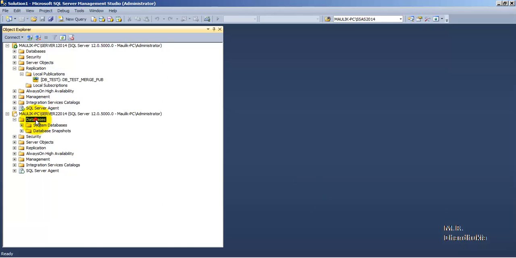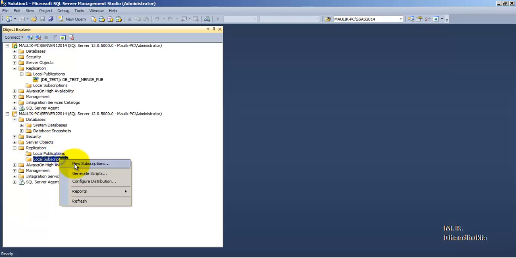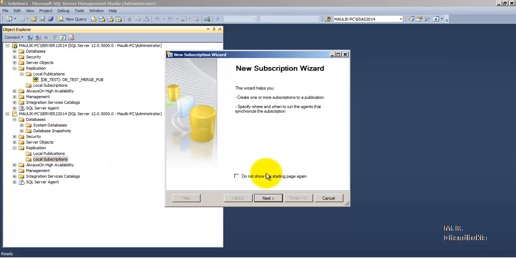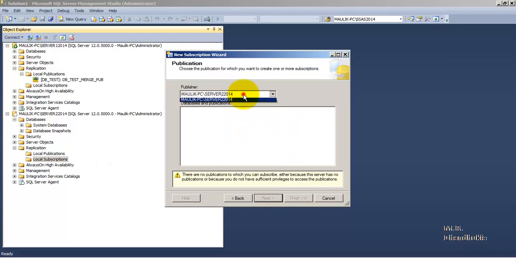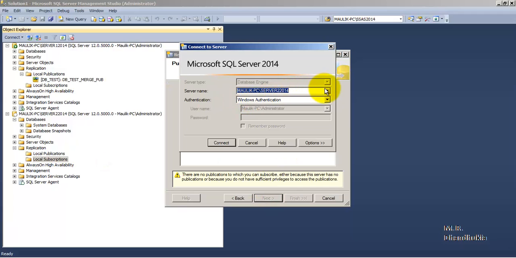Now in the second instance, currently there are no databases. Okay, so let us go to replication. Let us go to local subscriptions. Let us right click and add a new subscription. Let us click next. Let us identify the server where the publisher is existing, which is nothing but our first